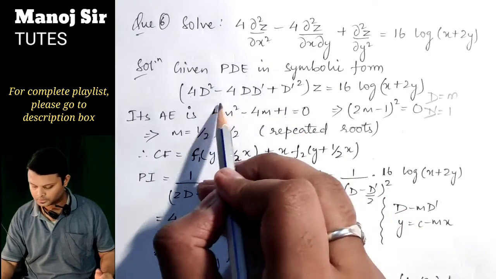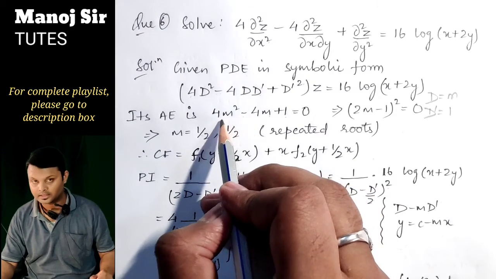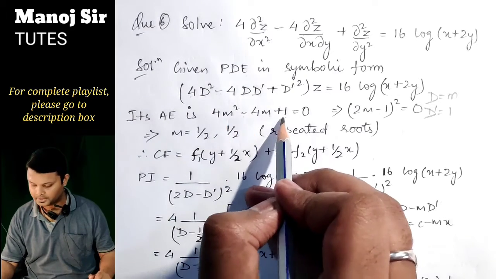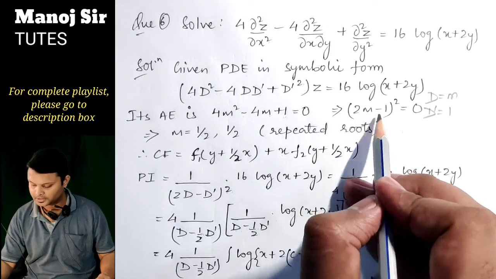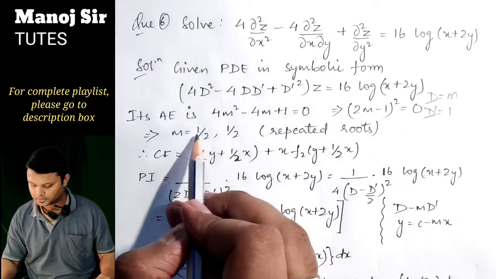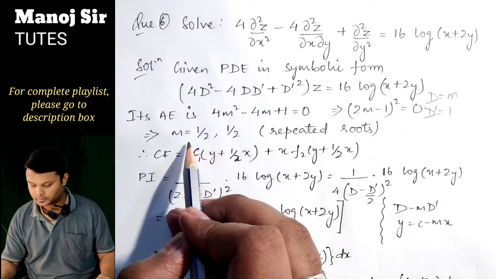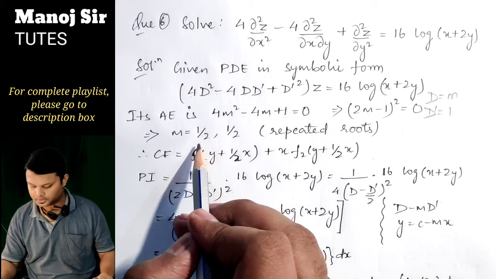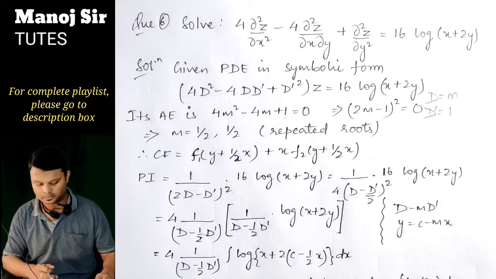Now if you closely observe this, this is a minus b whole square, where a is 2m and b is 1. So this is going to be (2m minus 1) whole square. Now this equals 0. So here you will get m equals half, half. From this we came to know that the roots are repeated. Since m equals half, we can say the roots are repeated.